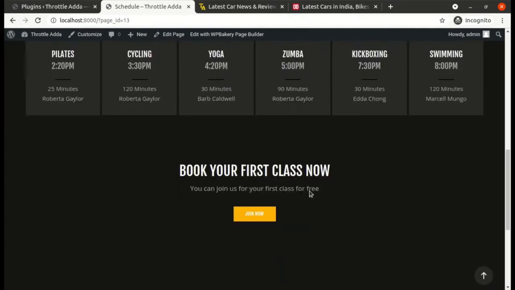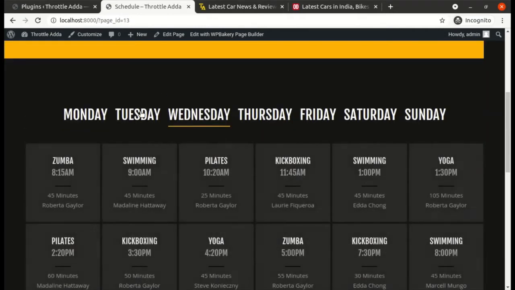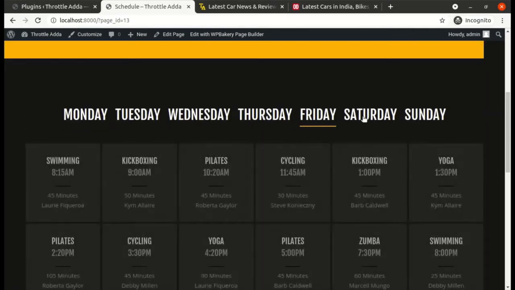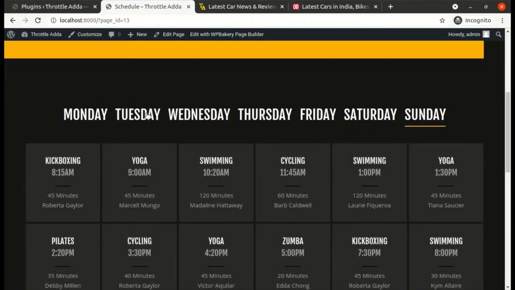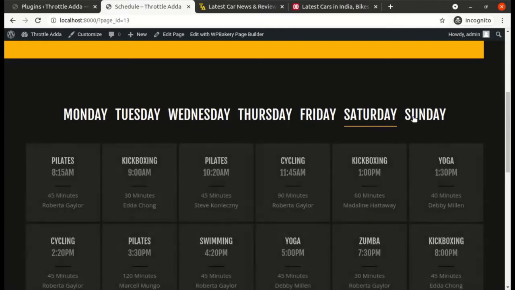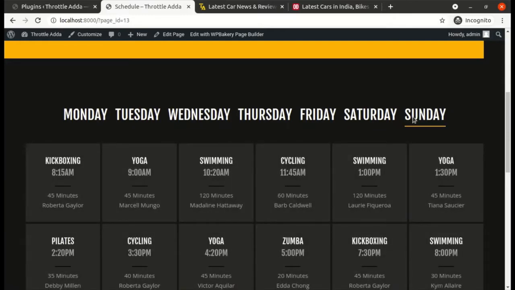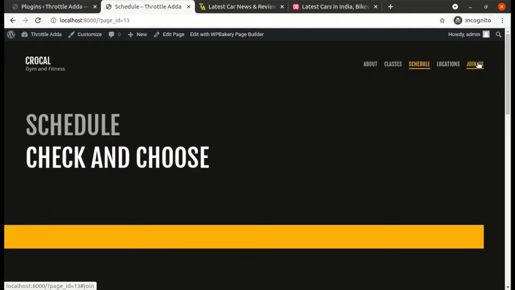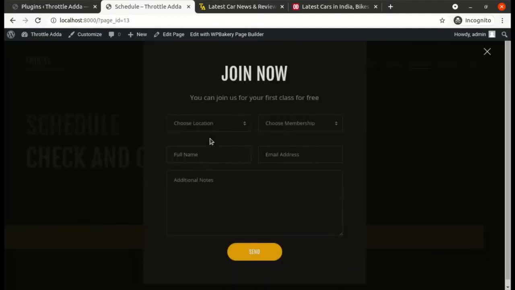You have this nice section over here where the Throttle Adda team can post where they are going, what trips they have planned, what is in the pipeline, what is in the calendar, so that if anyone wants to join them, they can go ahead and give them a call and join them for the ride. This is a nice form. We will soon configure this as well.